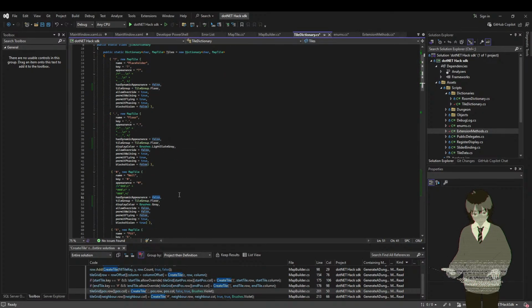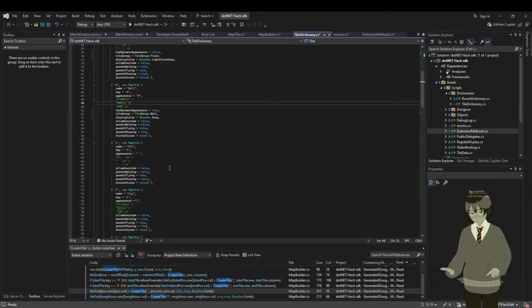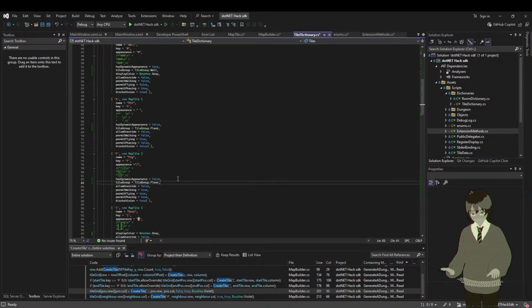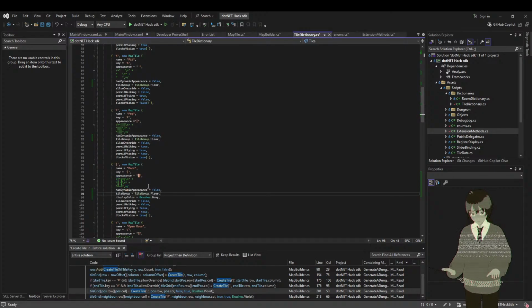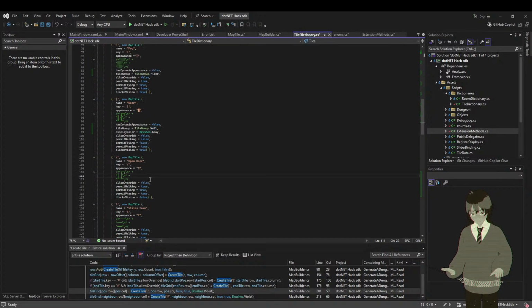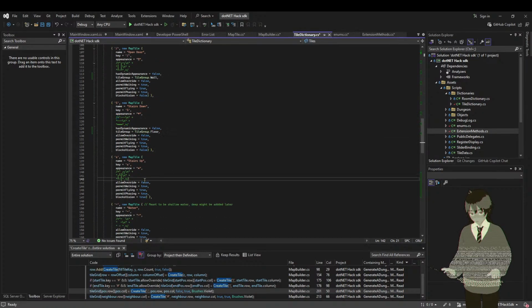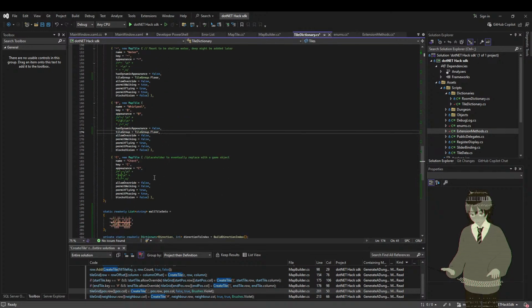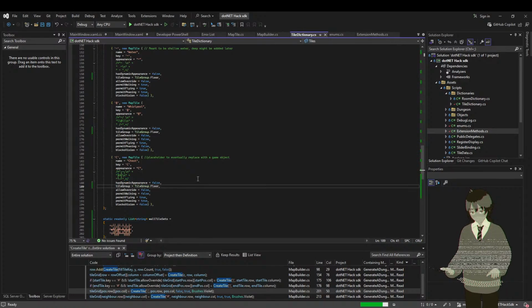For wall, it does have a dynamic appearance, and it is a wall. For repeat, we have default values. For fog, we have default values. A door doesn't have a dynamic appearance, but it counts as a wall. The same for open door. Stairs do not. Other stairs do not. Water doesn't for now. There. And if I actually build it,